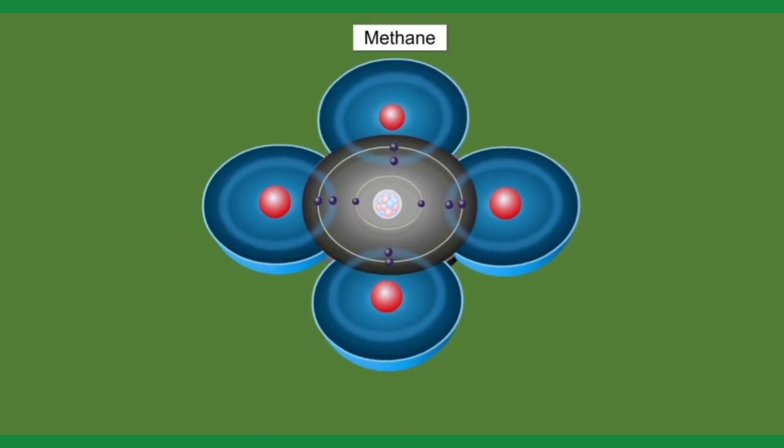At the same time, the carbon atom gets to share the valence electron of each hydrogen atom, thereby getting 8 electrons in its valence shell. Each pair of shared electrons now belongs to the outermost orbit of both the atoms involved. Therefore, both the atoms get a stable noble gas configuration. Such a sharing of an electron pair between two atoms, which results in the formation of a bond, is also known as a covalent bond.